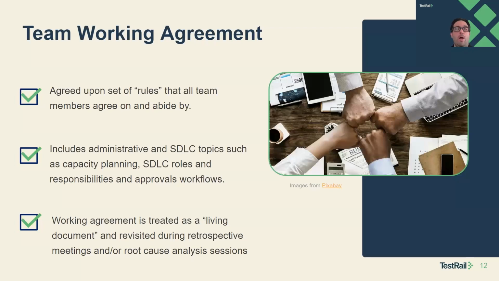Well, that's a great item for a team working agreement: to clearly communicate when I'm going to be in and when I'm going to be out. Here's my general availability, or I'll set it on a calendar, however you want to do it. Something administrative that's simple like that has impact on the team. So everybody should know when you're available and when you're not going to be around, and do that in conjunction with agile sprint planning, release planning, planning your epics or themes, however you want to align it. That's a great item. And the other thing is roles and responsibilities.